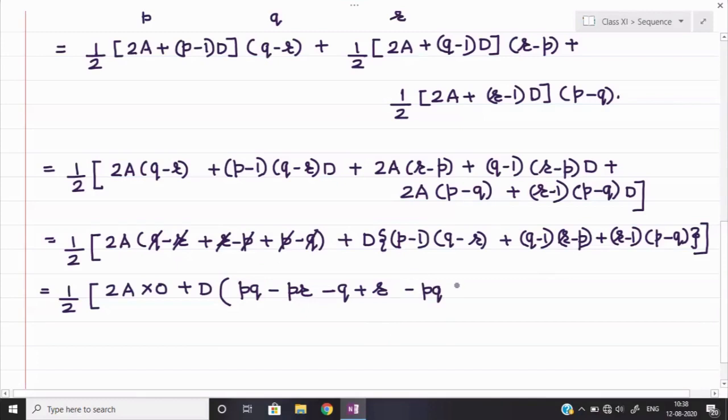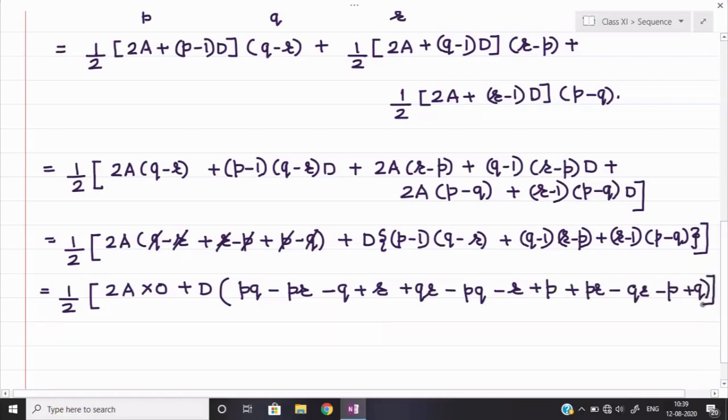Sorry, I have done wrong. First of all, multiply with Q and R. So that will be plus QR, minus sign of PQ, minus sign of R and then plus sign of P. Similarly, plus PR, minus of QR, minus of P and then last it will come plus Q.